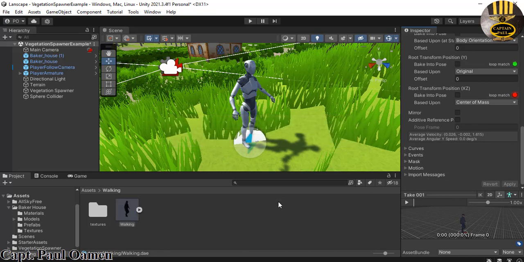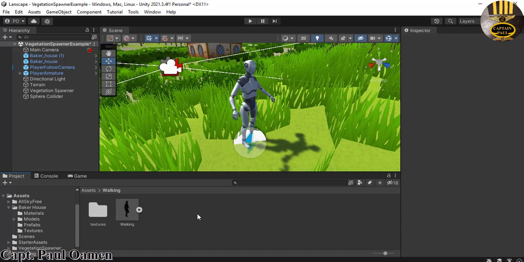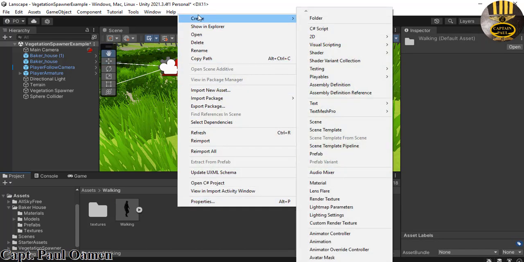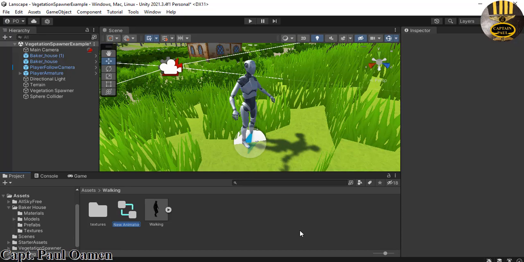Now that that is taken care of, I'm going to right click inside the folder, go to create, and let's select animation controller, this very one. Click on that and let's just call it Alex. Okay, that's it. Alex is fine, that's the name anyway. Double click on the animation controller,